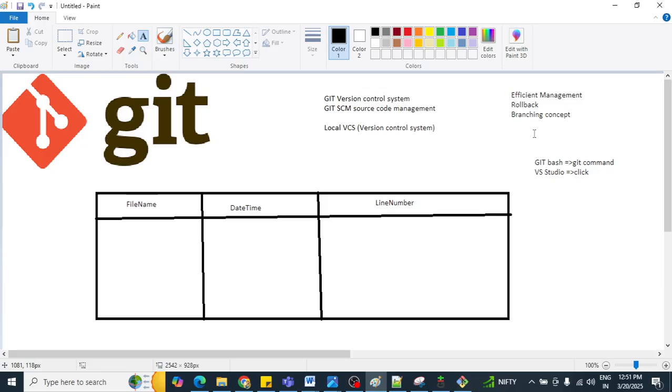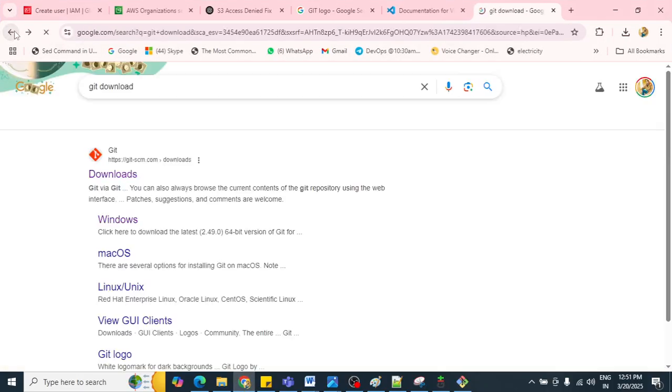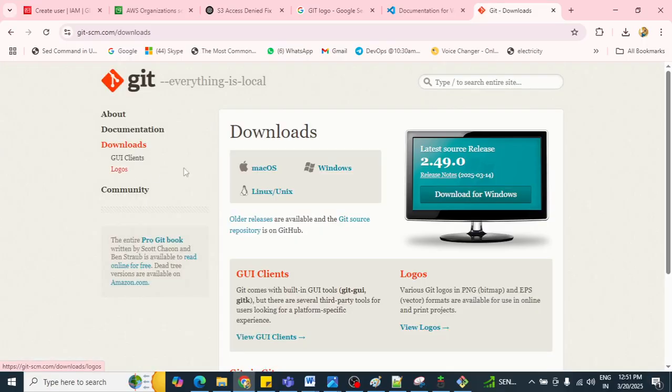I will tell you how you are going to download Git, and how you are going to download Visual Studio. To install Git Bash, you need to go to Google and type Git download. Just click on this hyperlink. After that it will ask for which operating system you require Git Bash.